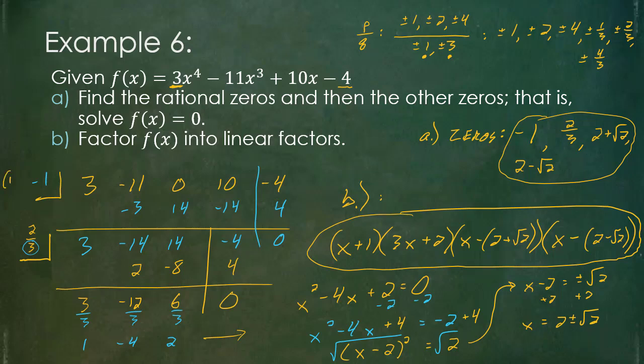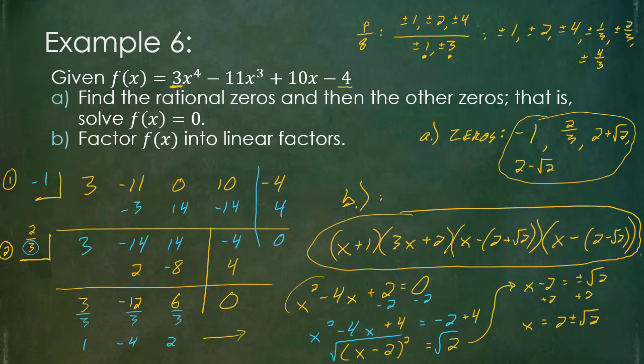Notice I started with, let's just find one of them, and then I didn't go back and reset using the same numbers. I actually came up with a second synthetic division setup utilizing the new coefficients of the 3, the negative 14, the positive 14, and the negative 4. In doing that, that should then kind of dwindle the power down. So kind of keep in mind the original one, I had a power of 4 on it. Once I divided successfully once, now the leading coefficient would have had a power of 3. Then we want to find another one that works. That way it can turn back down into a power of 2, like we had down at the bottom here,